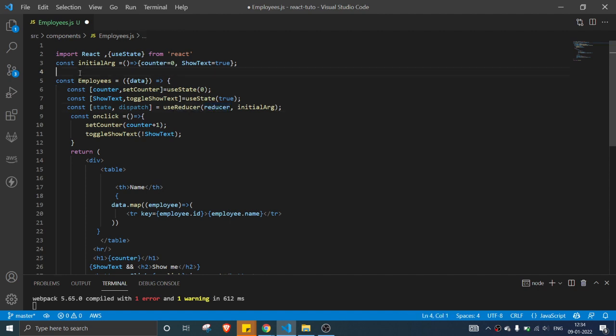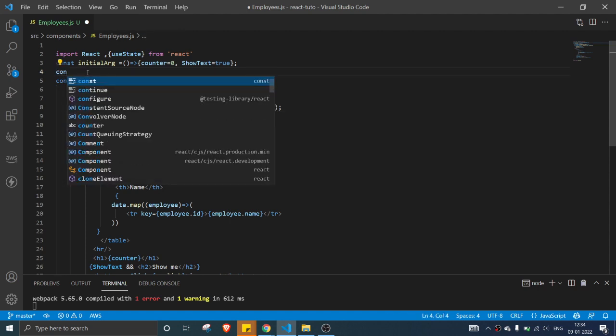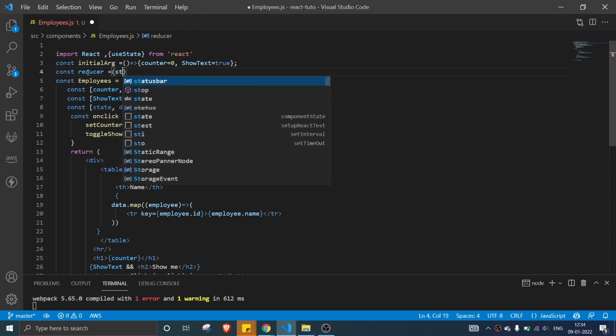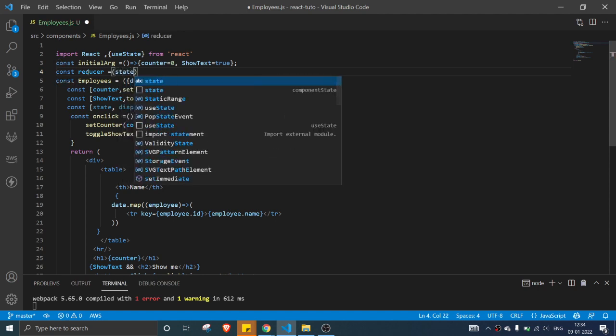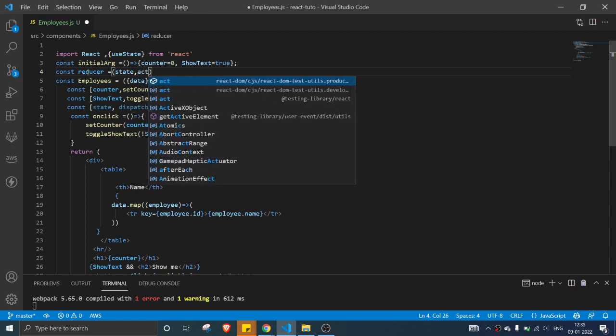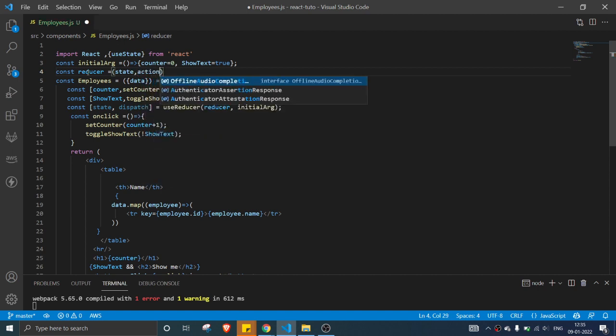As I said, the reducer will accept two arguments. One is state, then action.